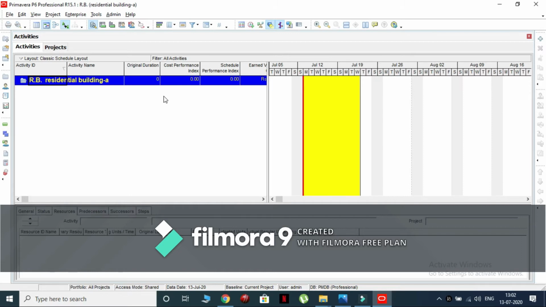As we are doing a building project, we will divide the activities into substructure and superstructure activities. So, create a WBS for substructure and superstructure options. Click on the icon to view the WBS window as shown.